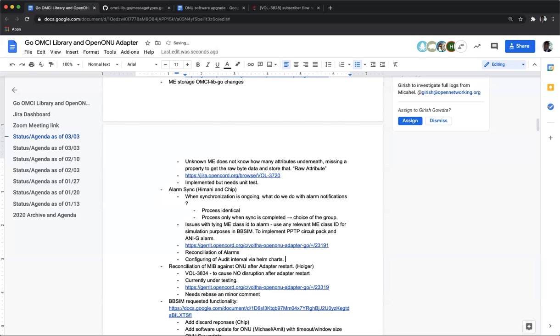The second one should be pretty straightforward. The reconciliation side could be a little bit more complex. One thing that I would like to ask everybody is, if we don't reconcile the alarms, what's the downside? Meaning, if we release 2.7 without the alarm reconciliation, what are the scenarios where we could encounter issues? Does anybody have any idea?